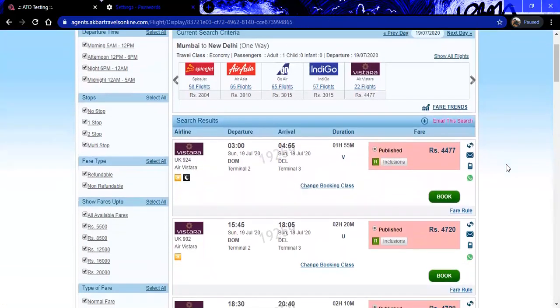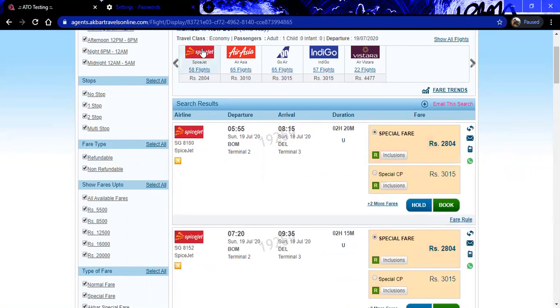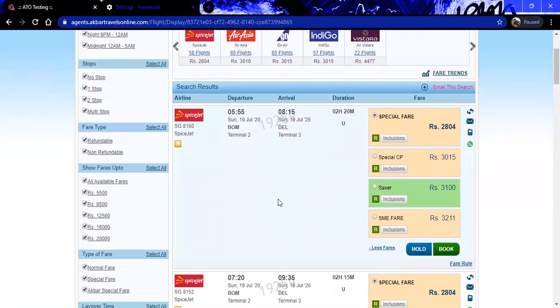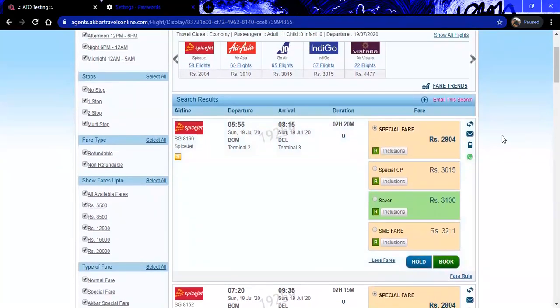We can move down to the next part, which is the search result. Whatever flights you have searched for, the desired flight options are there in front of you, and you can select accordingly. Let me go with the lowest one. Here you are all aware that there are n numbers of fares provided by the airline. Below is the detailed format of the particular flight. The first flight is SG 81860, which is SpiceJet.